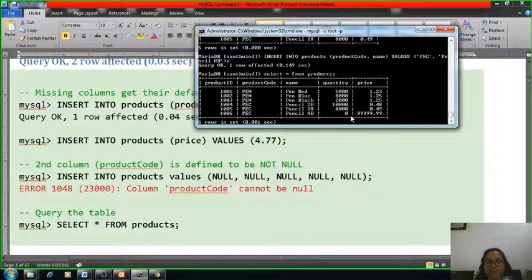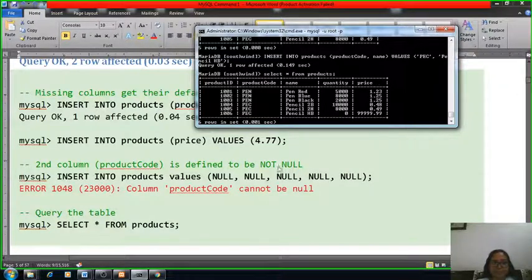So this way we can insert the data into particular columns, and the default value will be taken for a particular attribute, suppose we are not considering it while entering the data using the insert command.